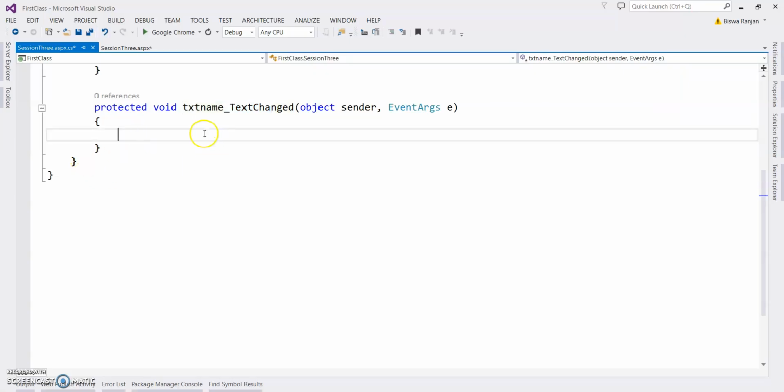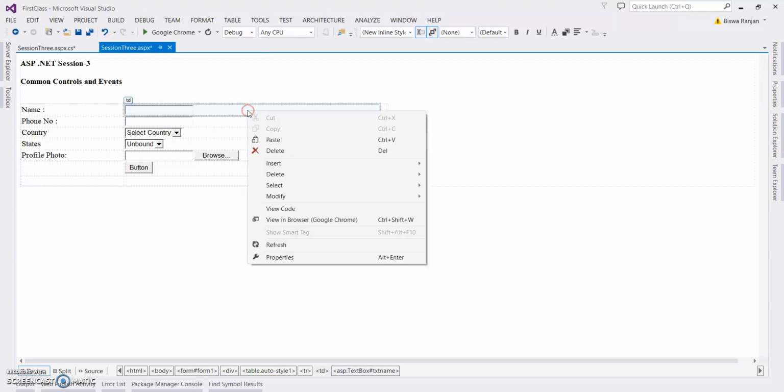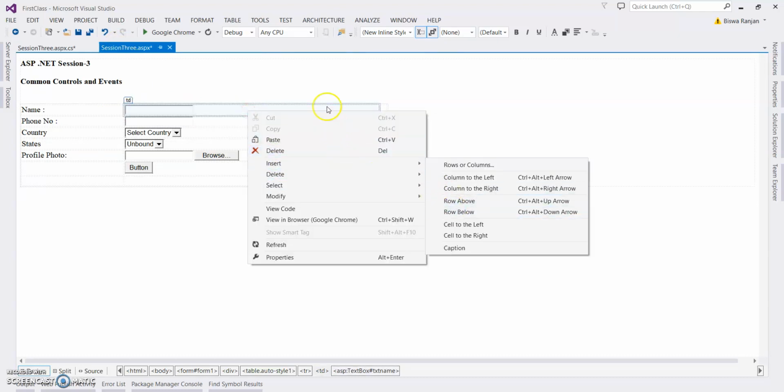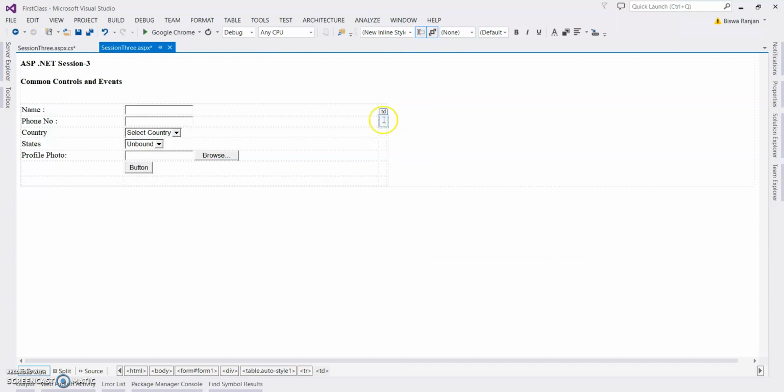Let's say I'm adding one label here, and I will show you how it works.